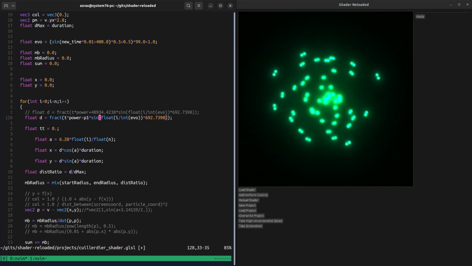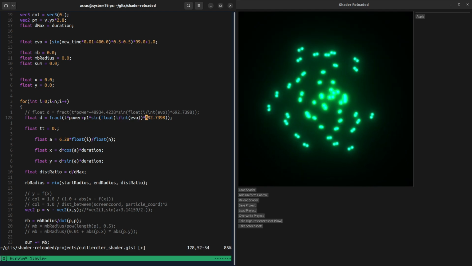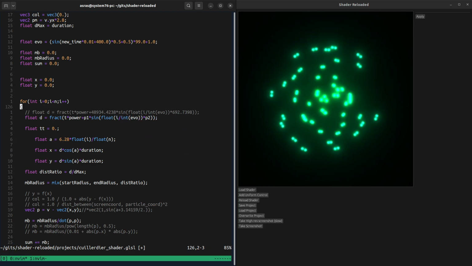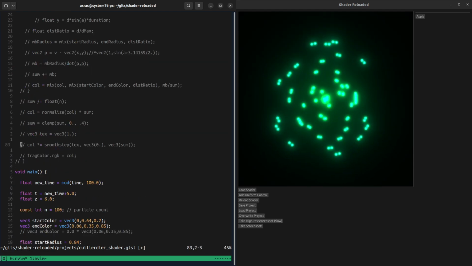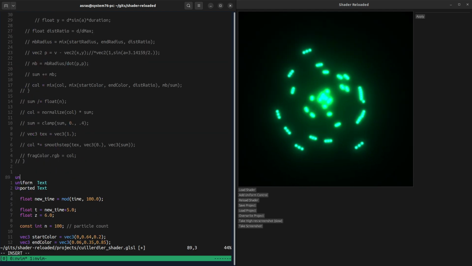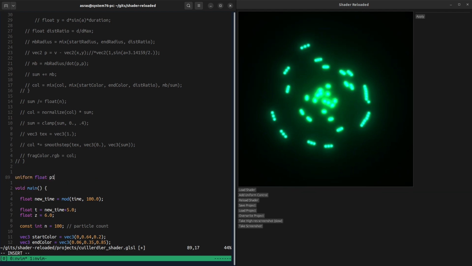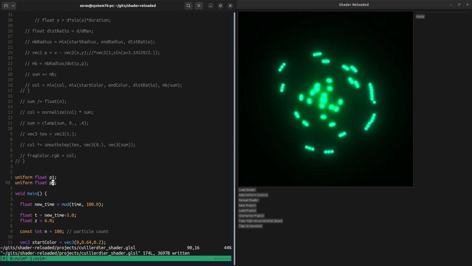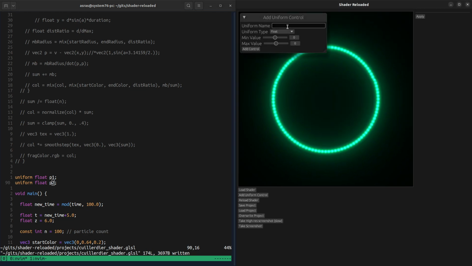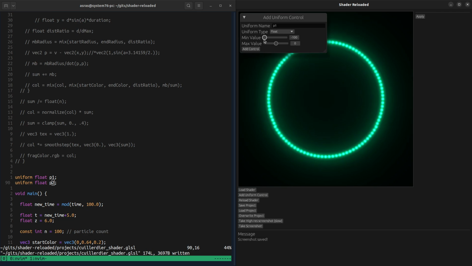We can call this P1 and this one P2. Let's get rid of those, and then we'll make those uniform float P1, P2, and we'll add some controls for that. So P1,